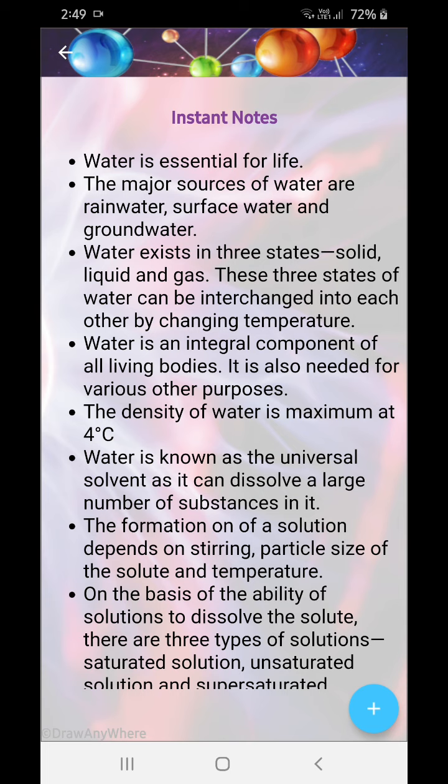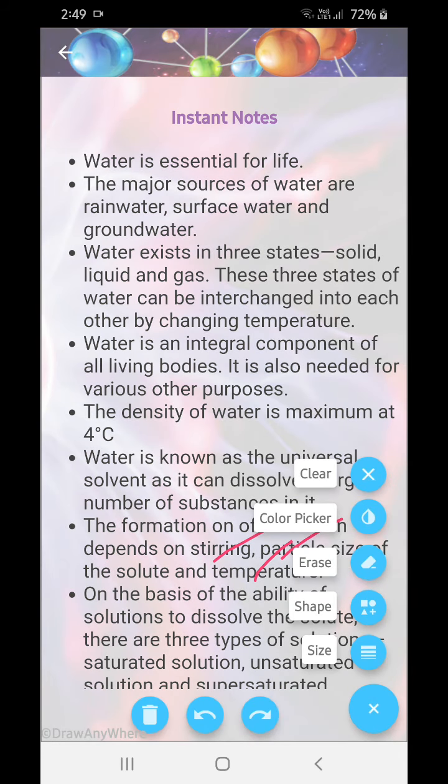Formation of solution depends on stirring, particle size of the solute and the temperature. Temperature and particle size I told you how. Stirring means you are breaking the intermolecular forces and joining another. So whenever you are stirring, more and more solute gets dissolved. Okay, that's why we stir. Tea, coffee, everything we stir and then we serve. Next,